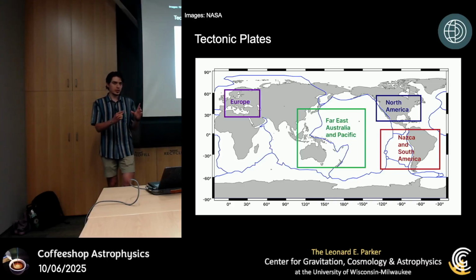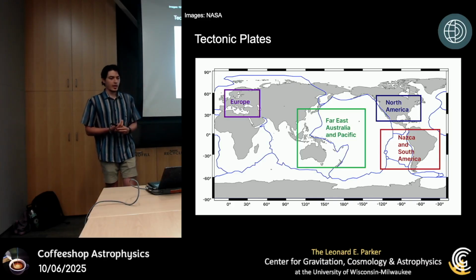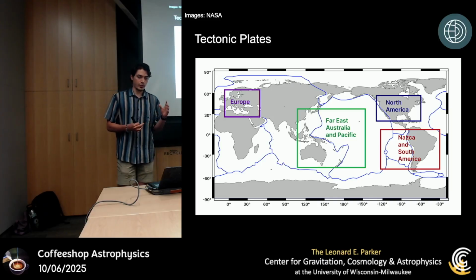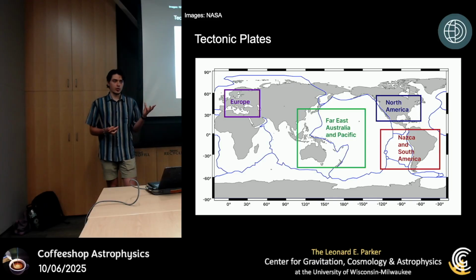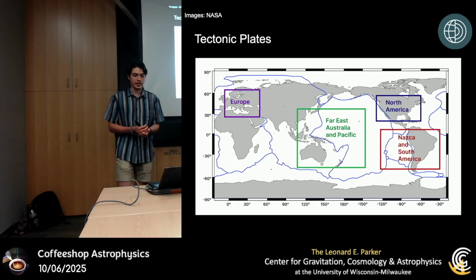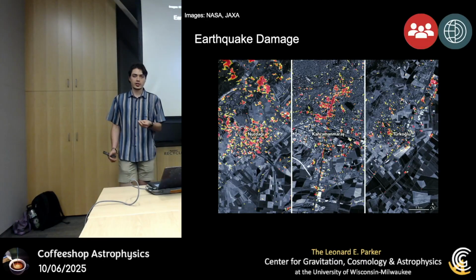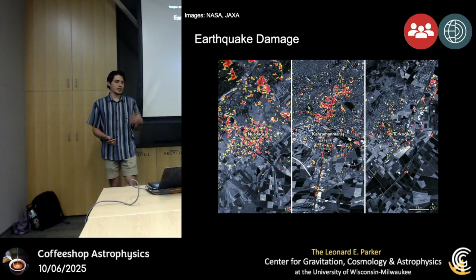But just by measuring parts of these tectonic plates, we can get a good sense of how they move as a whole since they're all connected to each other. And again, it's important to monitor these plates so we know where different areas have a higher risk of events like earthquakes. And we also use satellites to monitor earthquake damage, how it affects landscapes as well as cities like